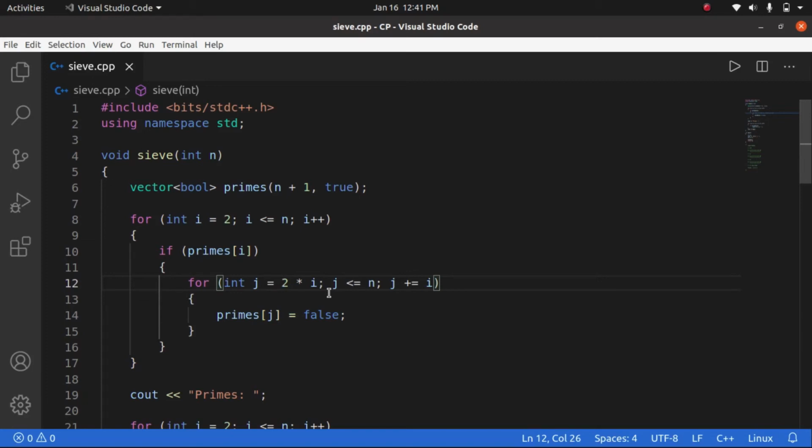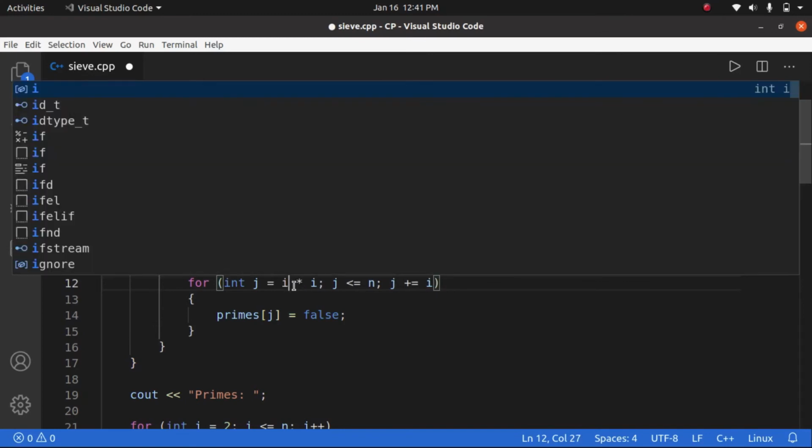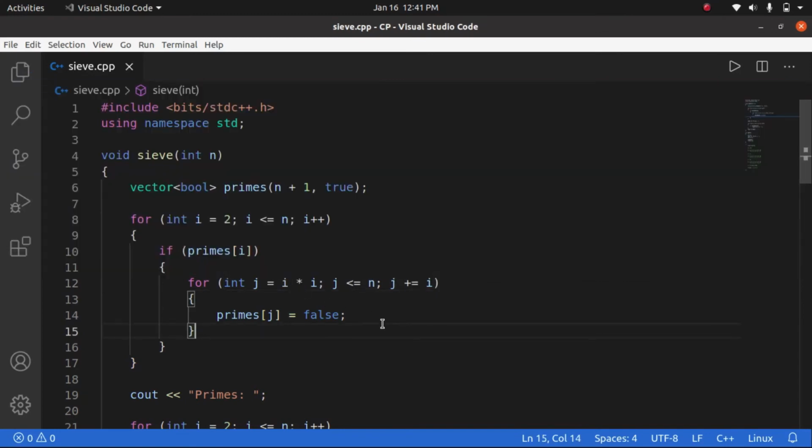But in the next iteration, when i is 3, we are again updating 3 into 2, which is 6, but we have already updated it by 2 into 3, so we do not want to update it again. So we will start with i into i, that is 3 into 3, 2 into 2, 4 into 4, because the previous multiples are already updated by other smaller prime numbers. This is the update we can make here.